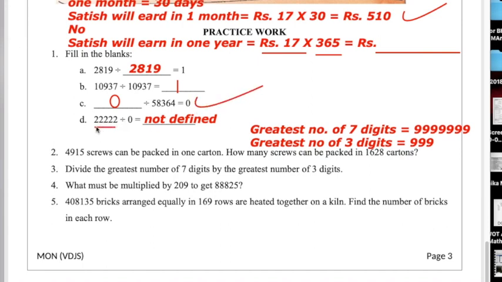And any number divided by 0, girls, divided by 0 is not defined. We can do its proof also. When you come back to school, then I will show you. Next question,